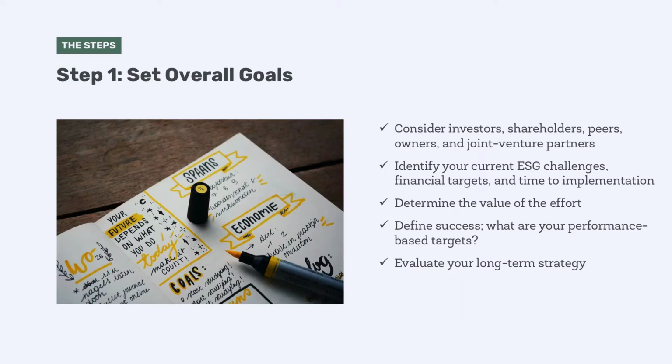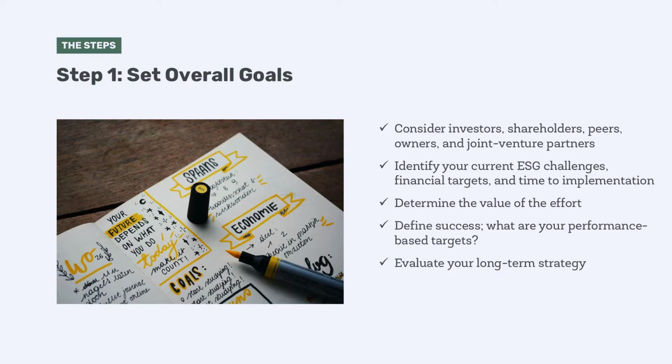So step 1. Setting your goals. As with any strategy, the first thing you need to do is define clear, measurable outcomes that define what exactly success means to your organization. This step will also help to determine exactly what the level of interest is in these efforts across your entire organization and its stakeholders. When you're engaging in this first crucial step, you need to consider all your stakeholder groups,